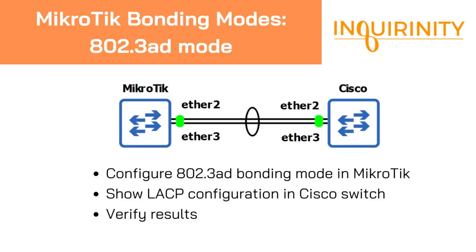For our demonstration, we will have a MikroTik CRS and a Cisco switch. We will configure bonding in MikroTik CRS and also show how it is done in Cisco. We will then interconnect these devices. So as you can see, we have Ether 2 and Ether 3. Of course, in Cisco, the port naming can be different. It could be Fast Ethernet or Gigabit Ethernet 0/2 and 0/3. And we will then verify if our bonding configuration is working properly.